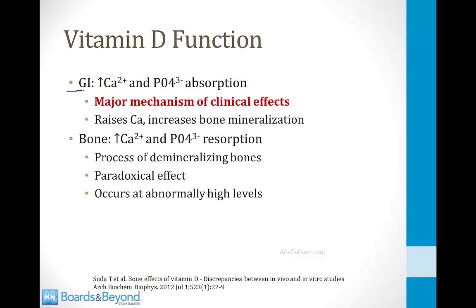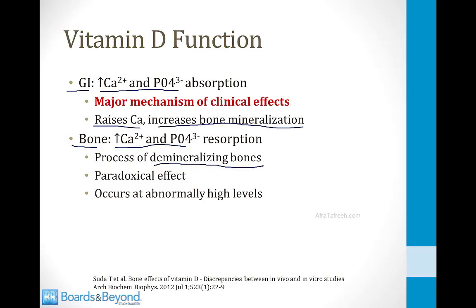Vitamin D has effects in the GI tract and in the bones. In the GI tract, it increases the amount of calcium and phosphate absorption. This raises the calcium level, and because there's more calcium and phosphate available, this will lead to increased bone mineralization, and you may know that vitamin D is important for healthy bones. In the bones, vitamin D can also stimulate the resorption of calcium phosphate from bones. This is good for raising your calcium and phosphate level, but it's bad for the bones because it can lead